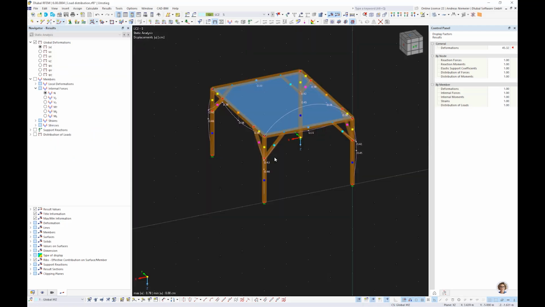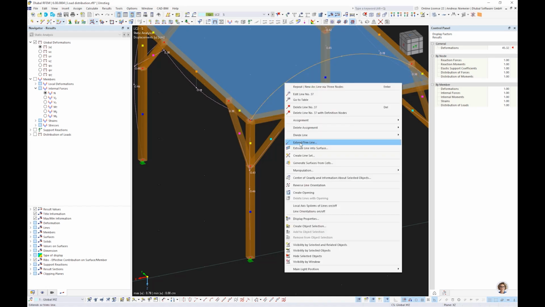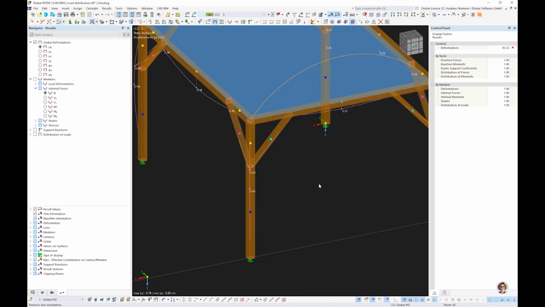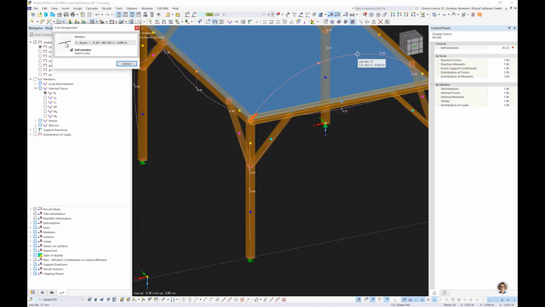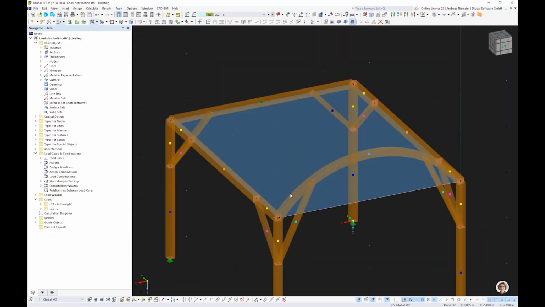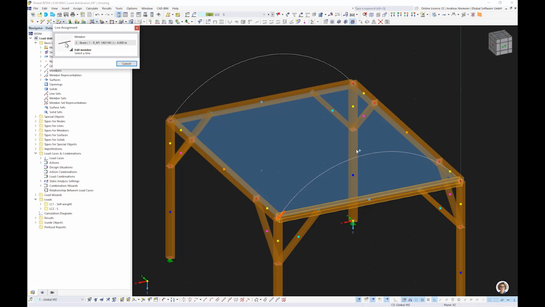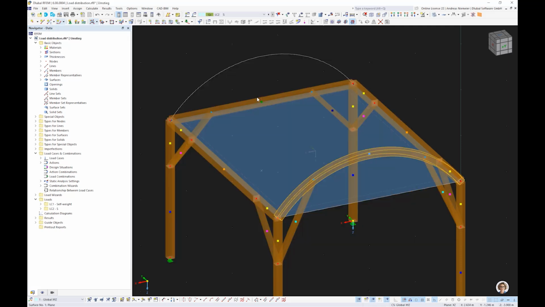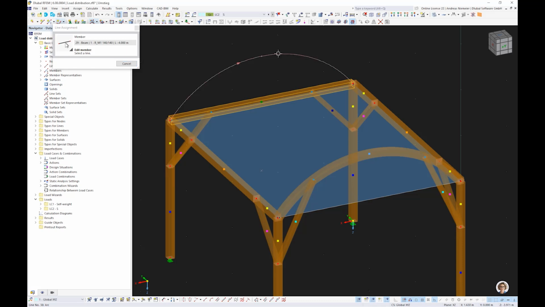So the beam is running in the right direction. This is maybe vice versa, so we change the orientation. Now we say this beam is connected to this line, and yep, the structure is changing. Oh, maybe first we copy, it's easier. Now we can say this beam is connected to this, apply, and this beam is connected to this, and apply,